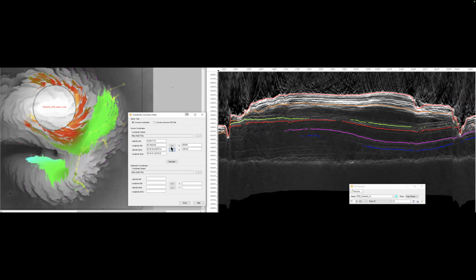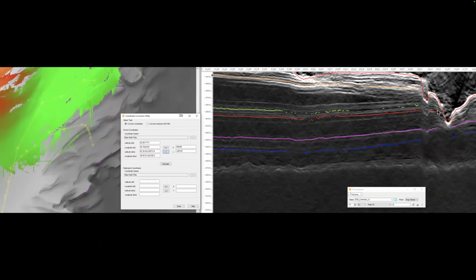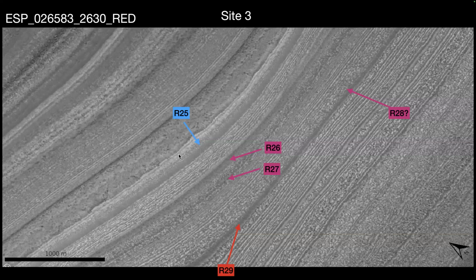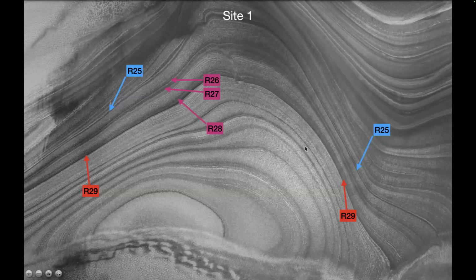Convert the XY to latitude, longitude, zoom in, and it looks like it might outcrop. Here's a 25, 26, 27, and 29. So the 29 potentially is more prominent again. So I think site 3 is a really good correspondence, and site 2, I need to tease out the more